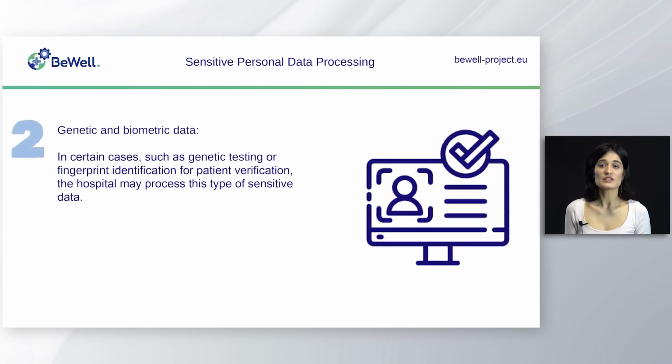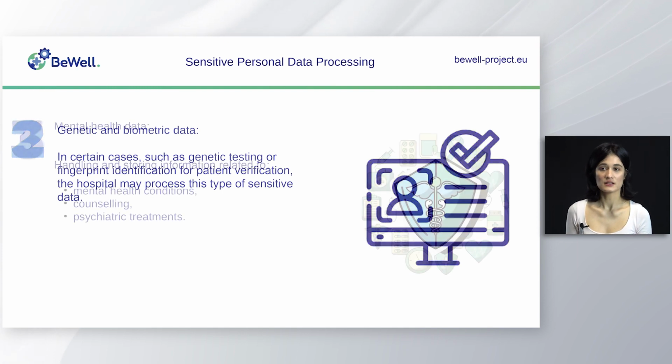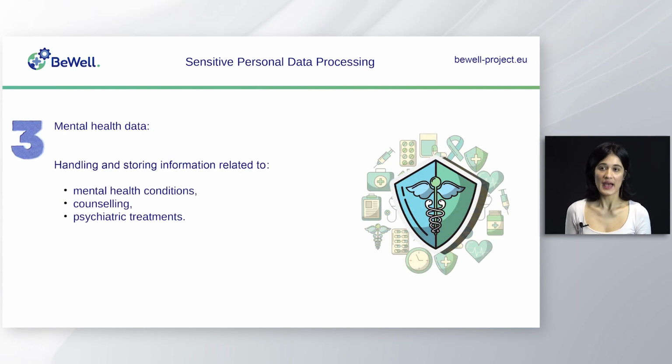Genetic and biometric data. In certain cases, such as genetic testing or fingerprint identification for patient verification, the hospital may process this type of sensitive data, and mental health data, handling and storing information related to mental health conditions, counseling,